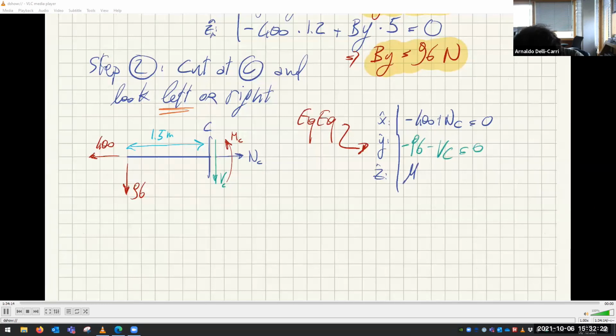The third equation is MC. So this gives no moment, because it's also passing through C. So the only moment is this one, which is positive. 96 plus 96 times 1.5 equals 0. So if I solve these,